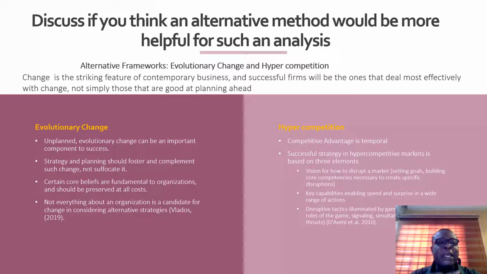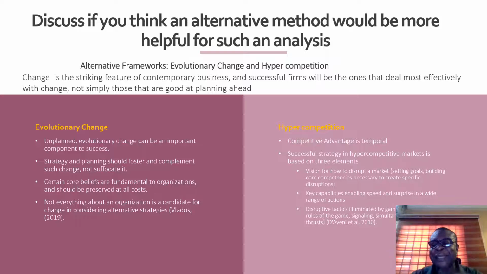The other one I'd like to talk about has to do with, if we want to look at alternative methods that could be helpful in analysis, we should be looking at dynamic models like evolutionary change and hyper-competition. Change is the only striking feature of contemporary business, and successful firms will be able to deal effectively with change, not simply those that are good at planning. The future belongs to the bold, those who are able to change the landscape and adapt to